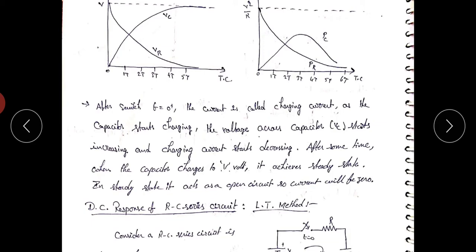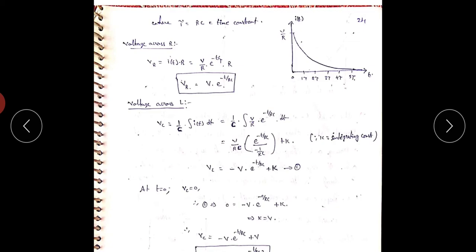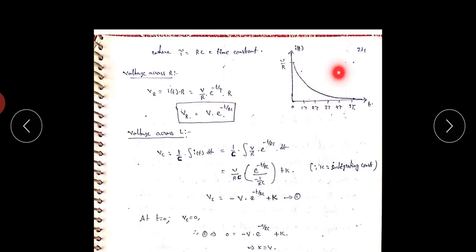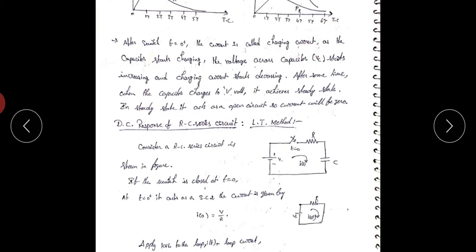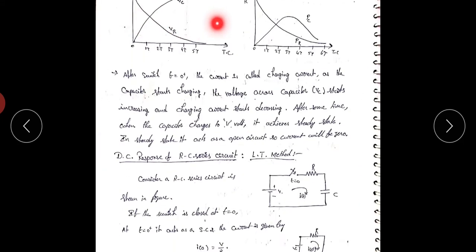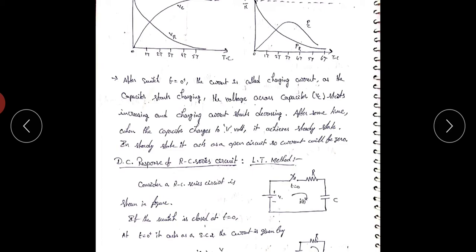So initially the capacitor acts as a short circuit, and finally, after steady state, the capacitor acts as an open circuit. Initially the current value is at its maximum, and in the steady state condition the current reaches 0. By increasing time, the current decreases and the voltage across the capacitor increases. Finally, at steady state, the capacitor voltage is at its maximum value, and it acts as an open circuit. At this condition the current flowing through the capacitor equals 0.